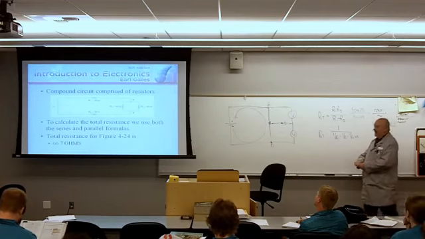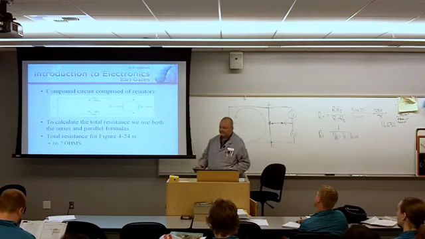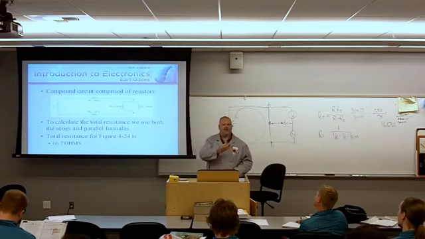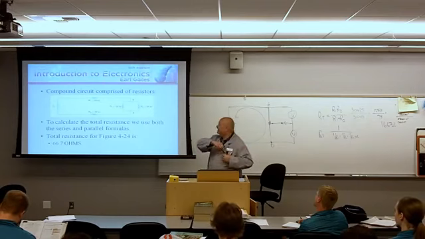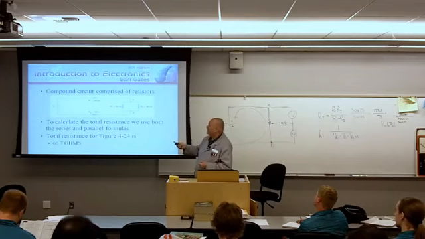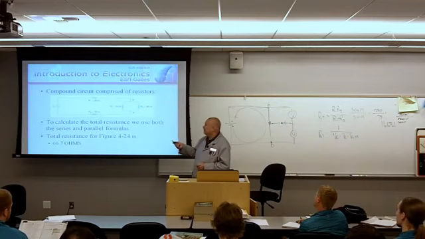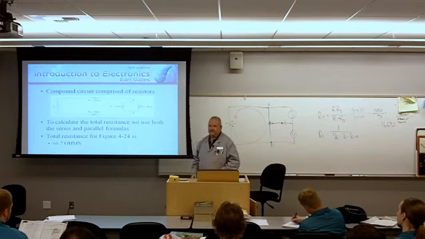The way that I want you to think of these parallel circuits is how much resistance is there between this point here, and that's actually called a node. A node is where two or more wires are joined together. How much resistance is there between node A and node B? So to lay this out mathematically,